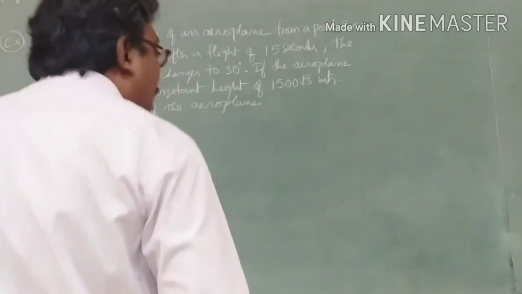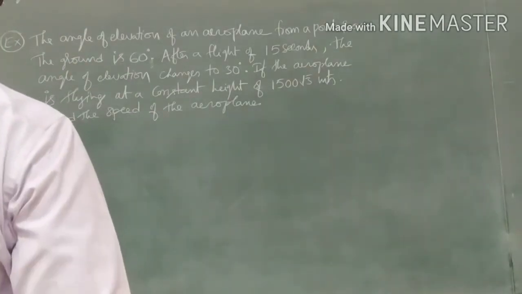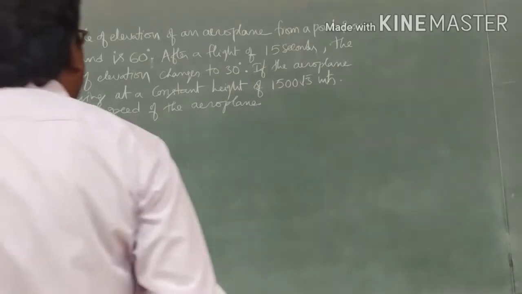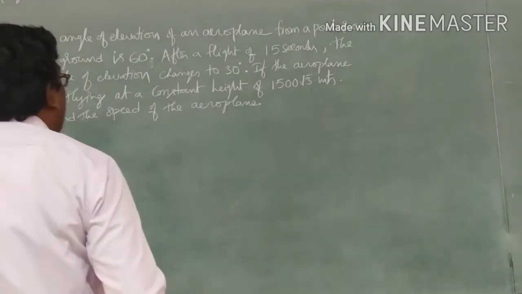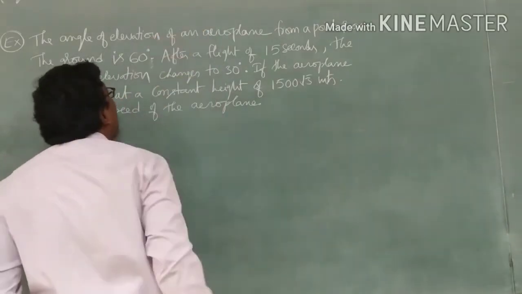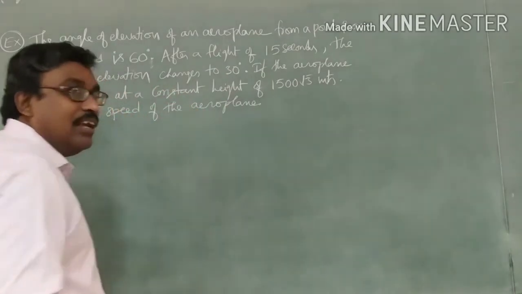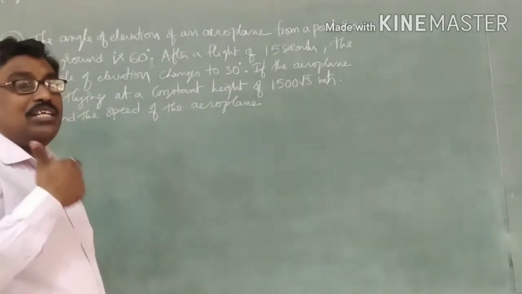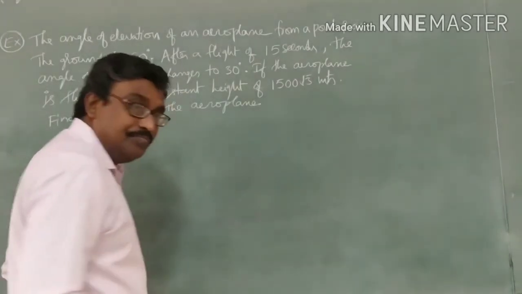See, if I am here, if I am observing the board, then I should see like this. Some 60 degrees or 45 degrees. If I go front, then I should increase my angle. If I am very close to the board, I am adjacent to the board and I should see this, then I should immediately raise my complete head, then only I can see. That means my angle of elevation should be 90 degrees when I am close to the board.